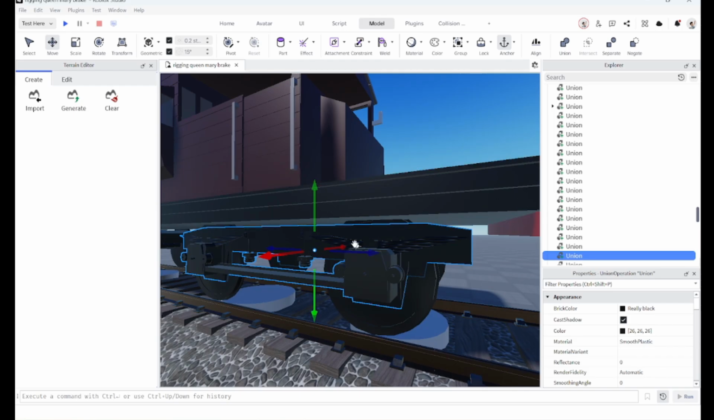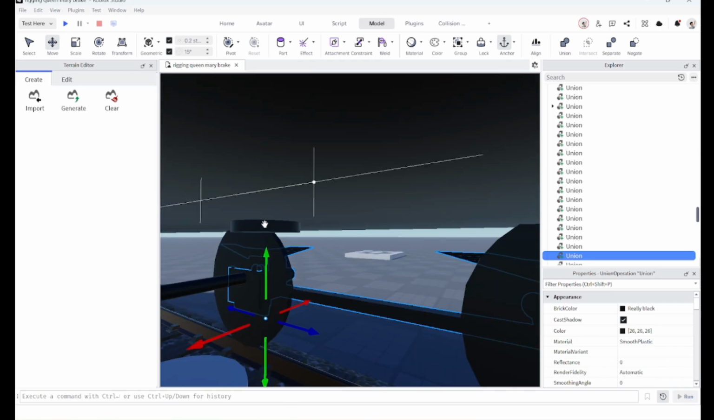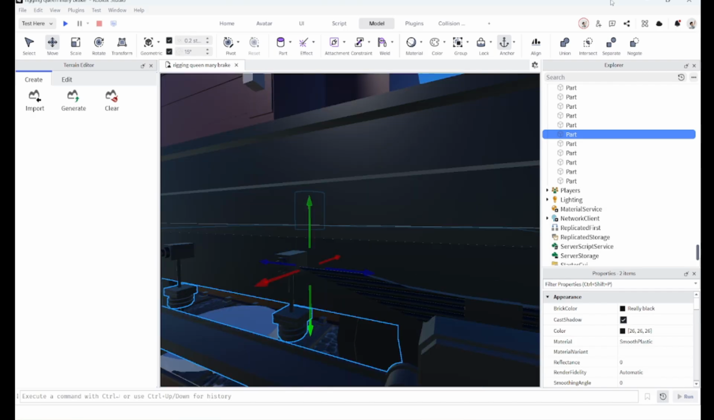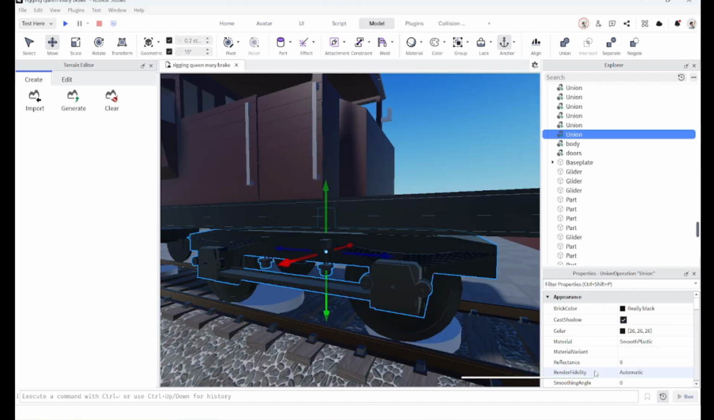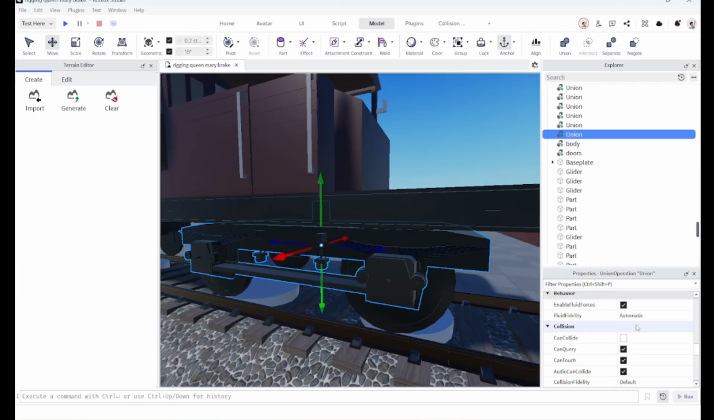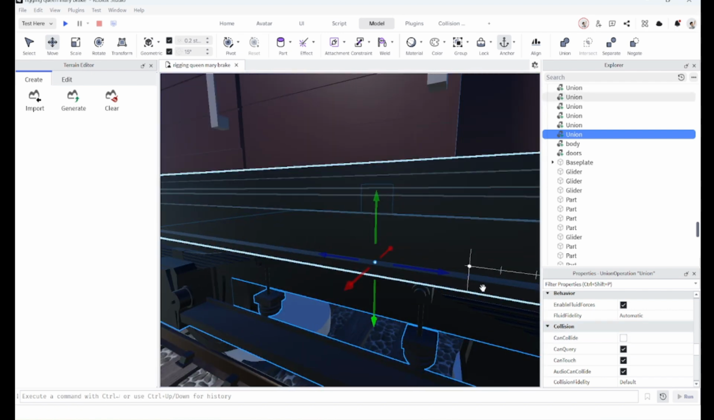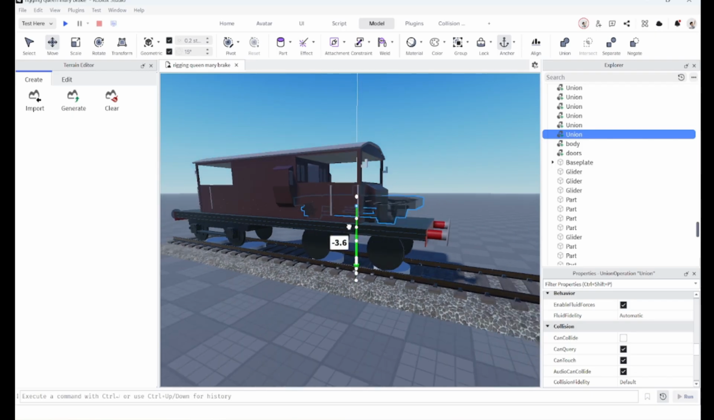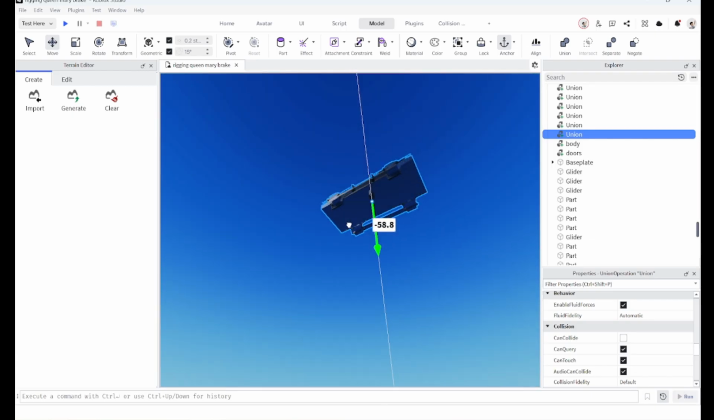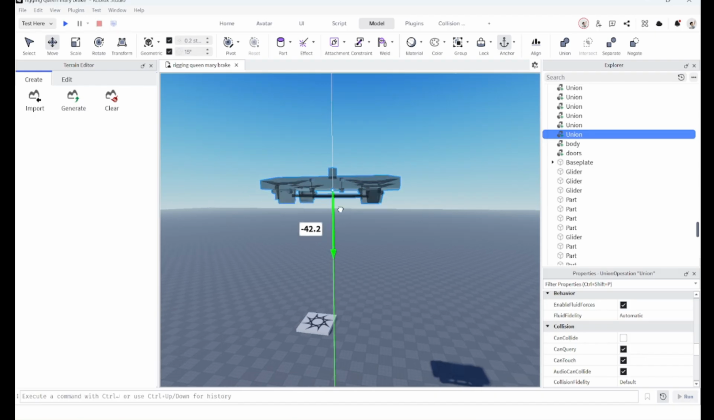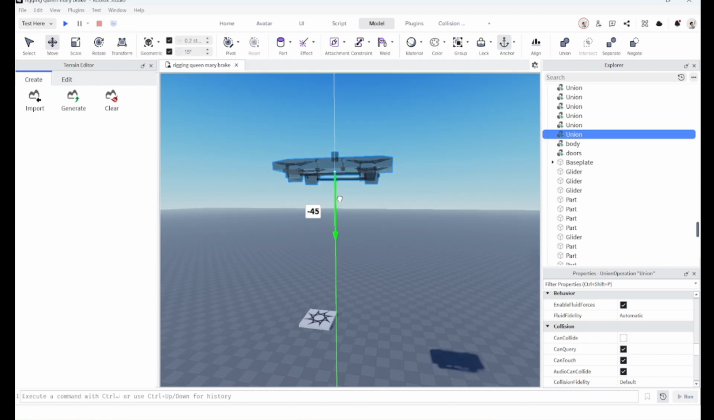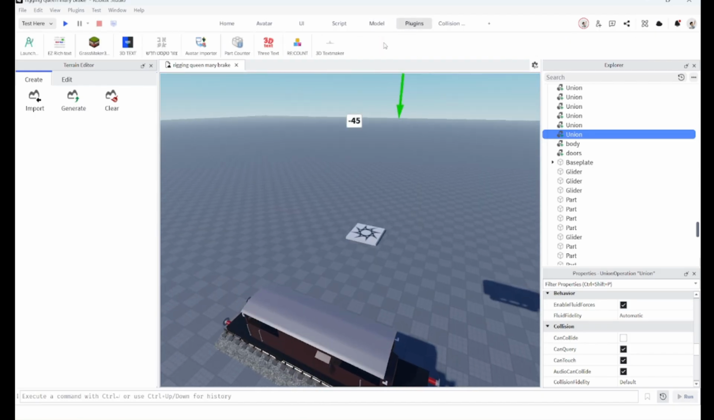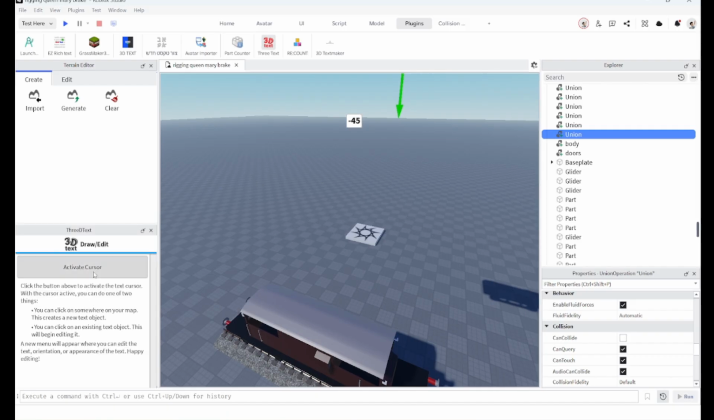You want to then take your bogie frame, select that part too and union that. Okay, there you go, yep. There you go. And we're going to then want to lift it up, and you're going to want to put it to about 45 studs high. Once you've done that, remind yourself, okay,